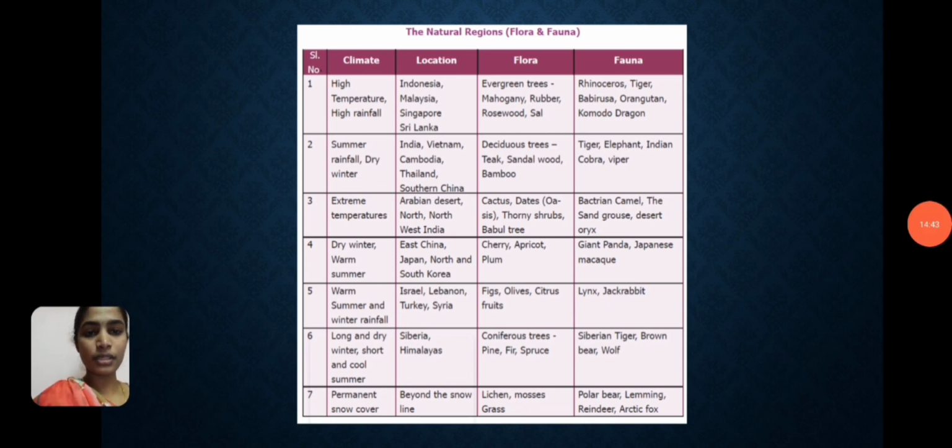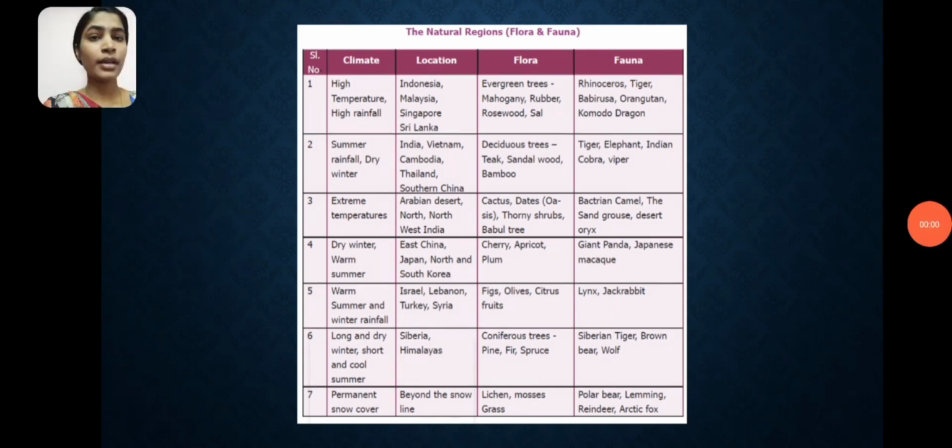And the last one is permanent snow cover. Location is beyond the snow line. Flora is lichen, mosses, grasses. And the fauna is polar bear, lemming, reindeer, arctic fox.